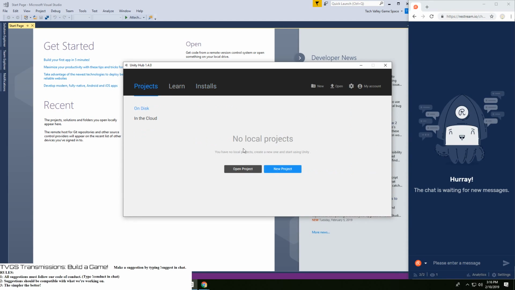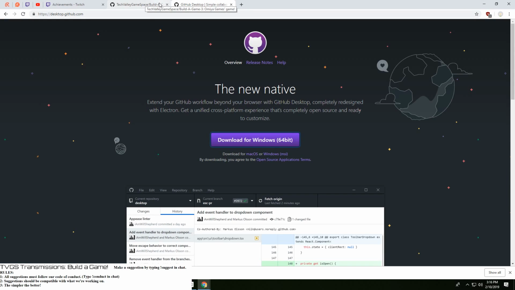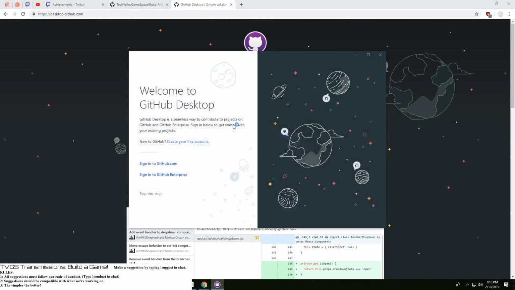Currently, no local projects on our computer as of yet because, as mentioned earlier, I need to work on checking that out. But I should probably describe what the heck version control is. So we'll be doing a lesson related to it.